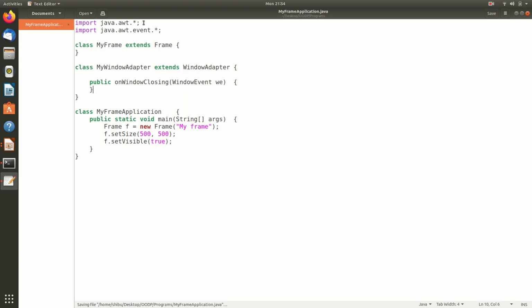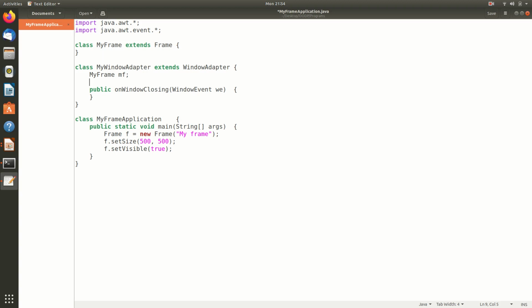And on window closing, what I need to do is make the visibility of this my frame object false. That is the only thing I need to do. Anyway, I need a reference to this my frame class inside this one. So what I do is I make a reference of my frame as a member variable here, maybe my frame mf, and I make a constructor here,